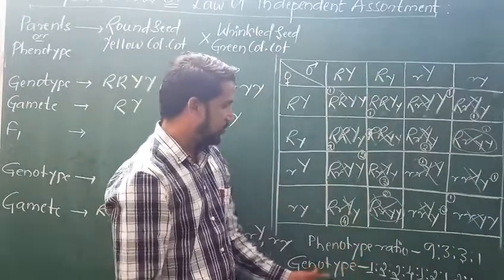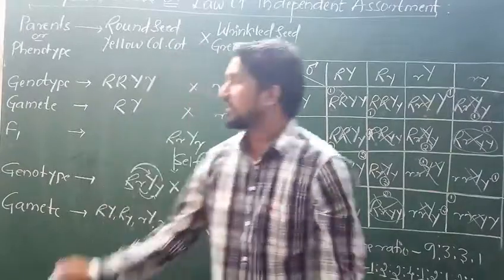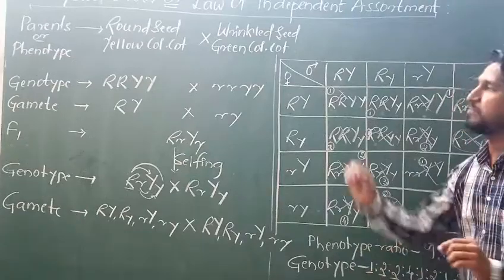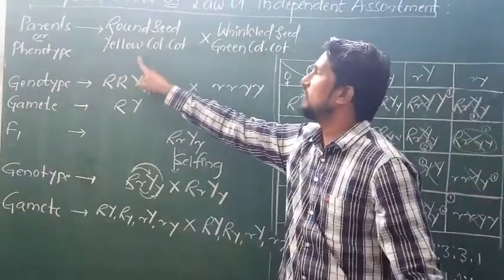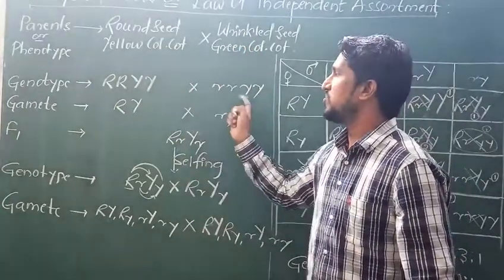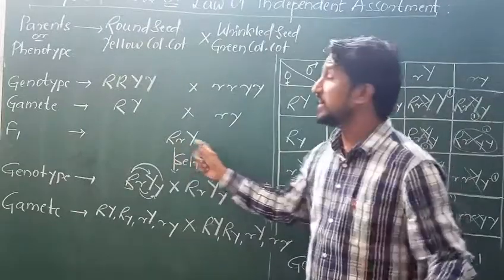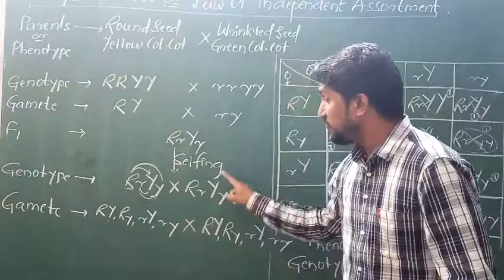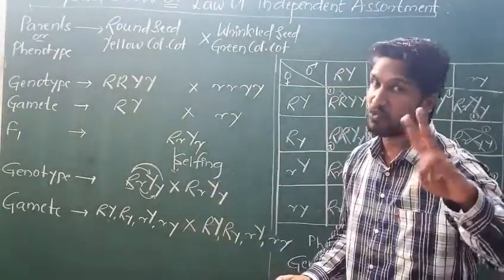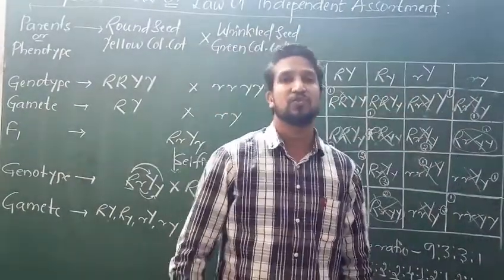So you have to go through this. This will be very essential for the NEET level. For the schematic representation, writing this you will get 3 marks, and explaining: Mendel selected a round seed with yellow color cotyledon and crossed it with a wrinkled seed with green color cotyledon. Then he got the gametes and got the round seed with yellow color cotyledon in the F1 generation. And he selfed the F1 generation, in which the gametes came. For writing these 4 sentences, 2 marks, and for writing this entire condition it is 3 marks.